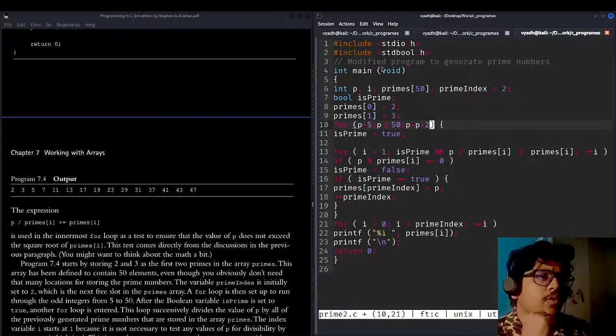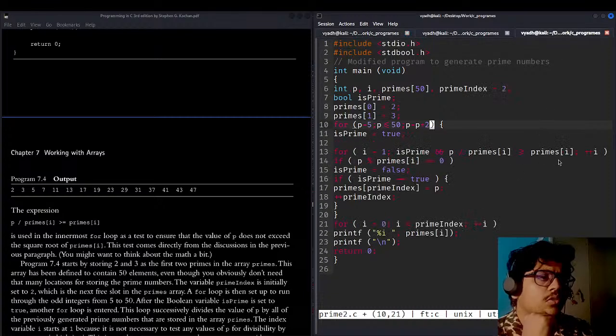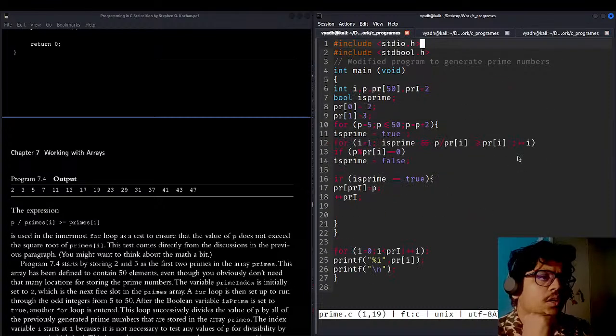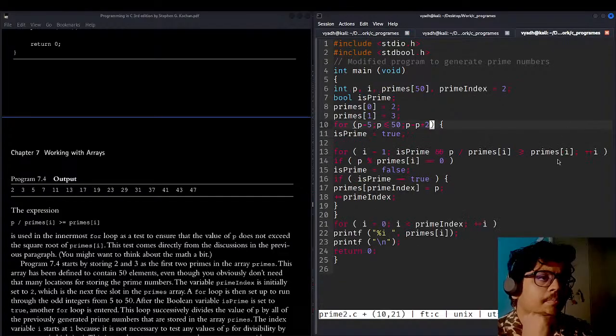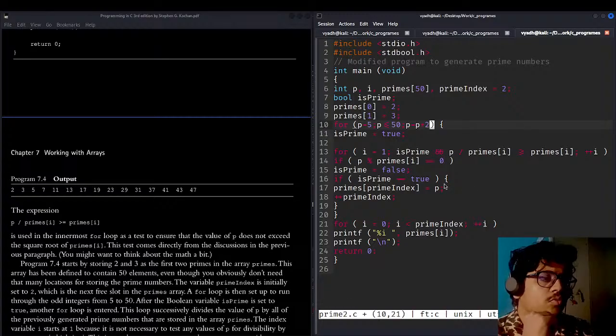Initialized a for loop here, satisfying both the conditions. PRI. Okay, plus plus I is false. Prime is equal to false. Okay, so if is prime is equal to 2, so